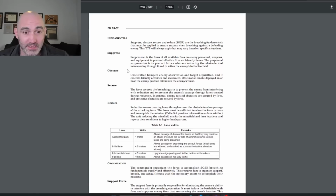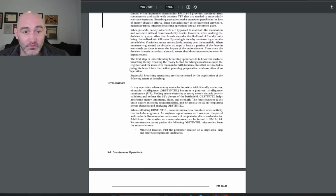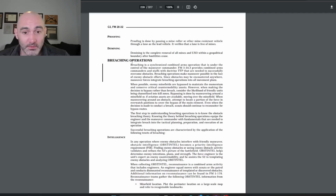Now that we know how Russia intends to deploy its mines, or has deployed its mines to achieve tactical effects, how can Ukraine clear them? Well, NATO doctrine has a process, right? And it's referred to as breaching. Breaching operations just means that combined arms work together under a single commander